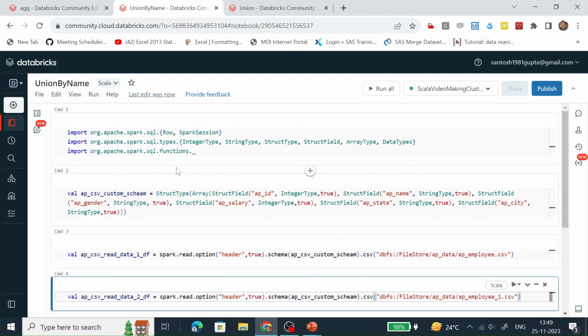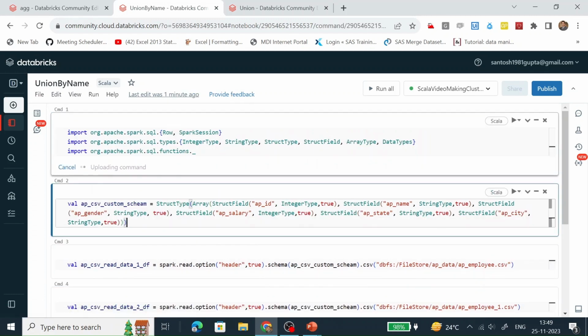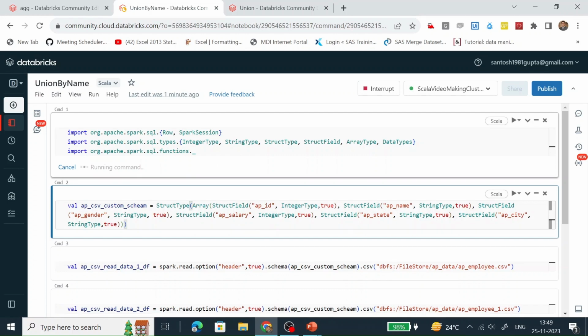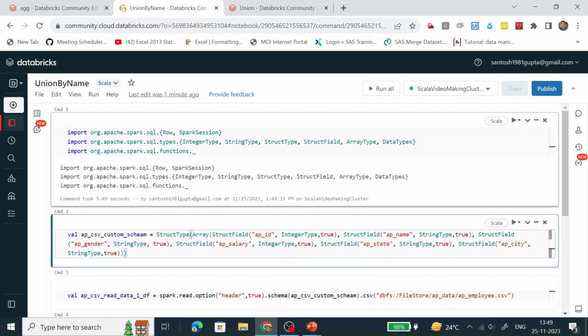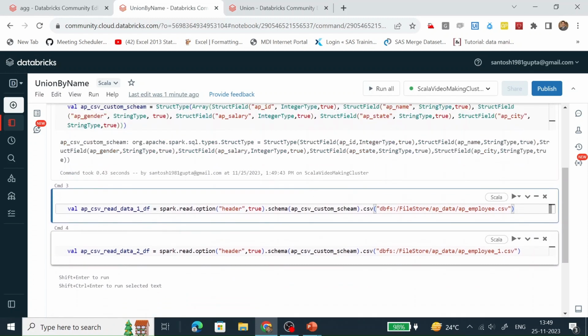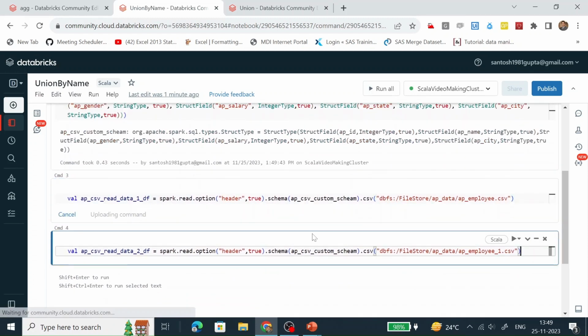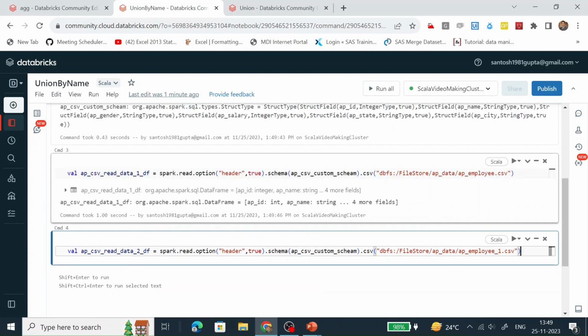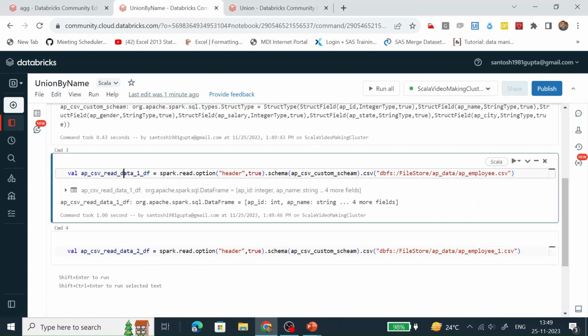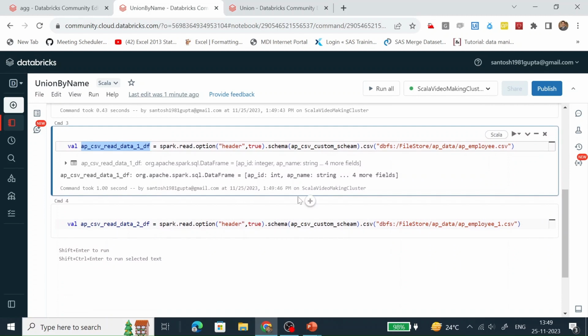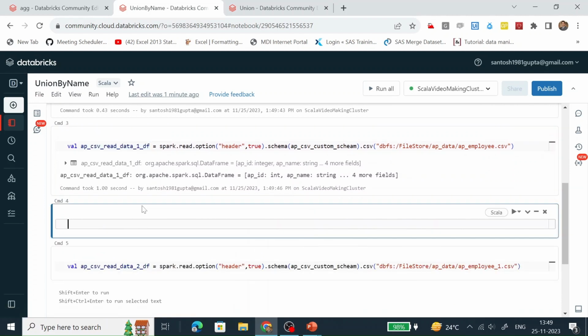Now run the command cells one by one. All the required libraries are available here. Let's create the custom schema. The custom schema has been created. Let's read this CSV file and create this data frame. This data frame has been created successfully. Let's see the content.